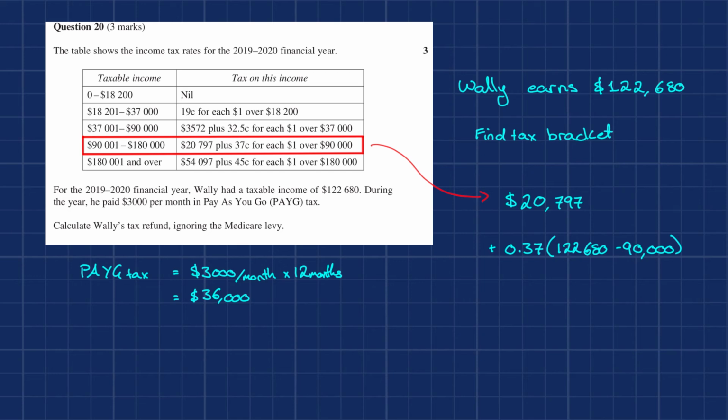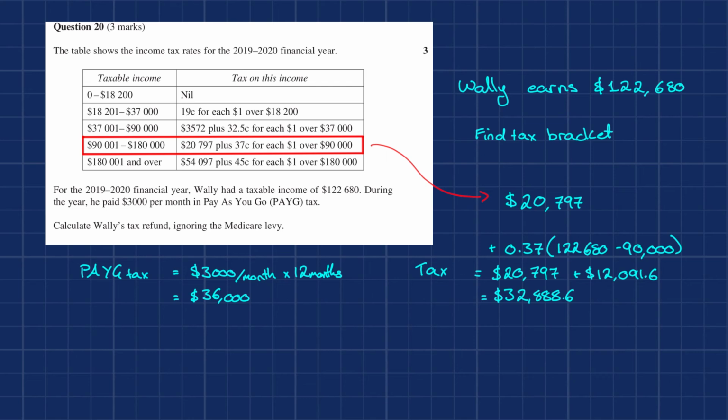All right, 1 cent is 1/100th of a dollar. So 0.37 times 122,680 minus 90,000. So this gives us a total tax of $20,797 plus $12,091.60 equals $32,888.60. Right? So now his tax refund is simply the difference between what he has paid in tax and what